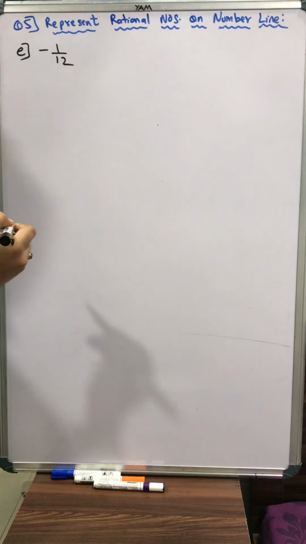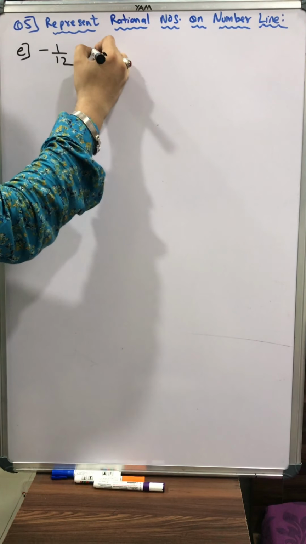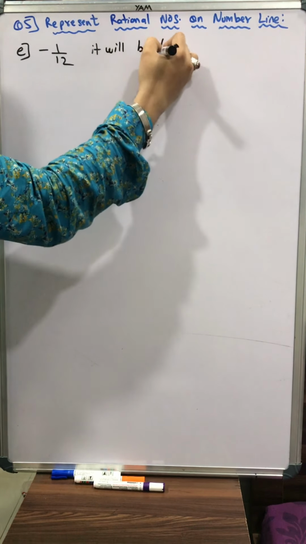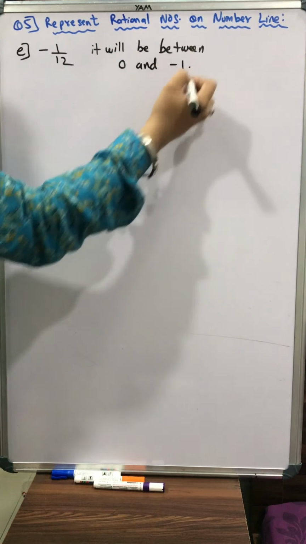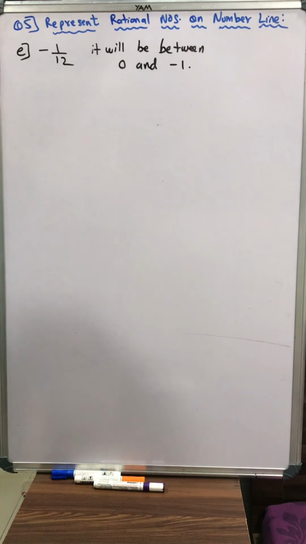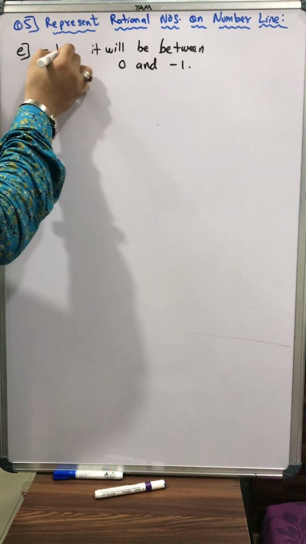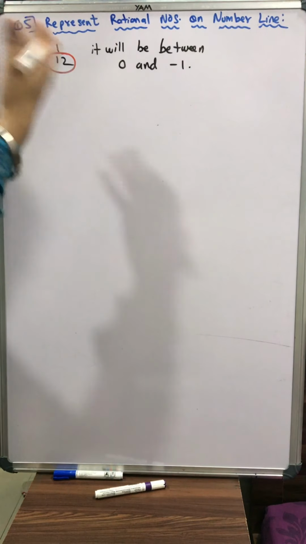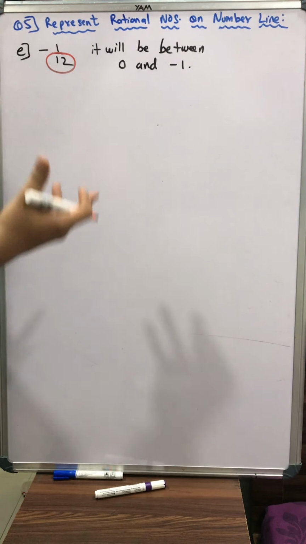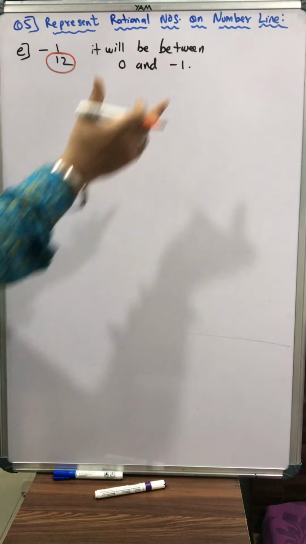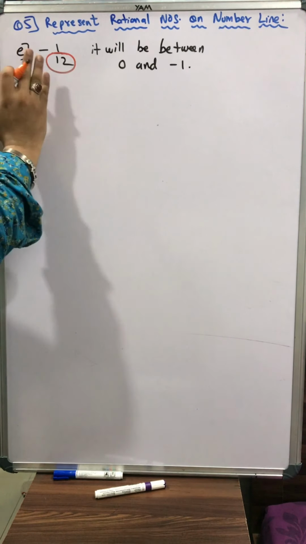But here we have negative fraction, so it will be between, you have to write it, between 0 and minus 1. It will be between 0 and minus 1. That's it. So we got the criteria. And you know, students, that first step is here just to get the criteria. And the next is the denominator decides. This is the reduced form. इससे ज़्यादा reduced नहीं हो सकता है. The denominator will decide कि कितने parts में, कितने equal parts में we have to divide a piece of cake. Our criteria between 0 and minus 1. So now we need to divide in 12 parts.